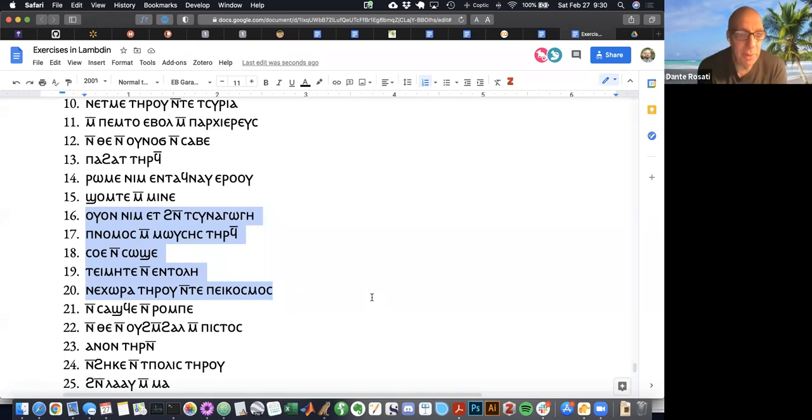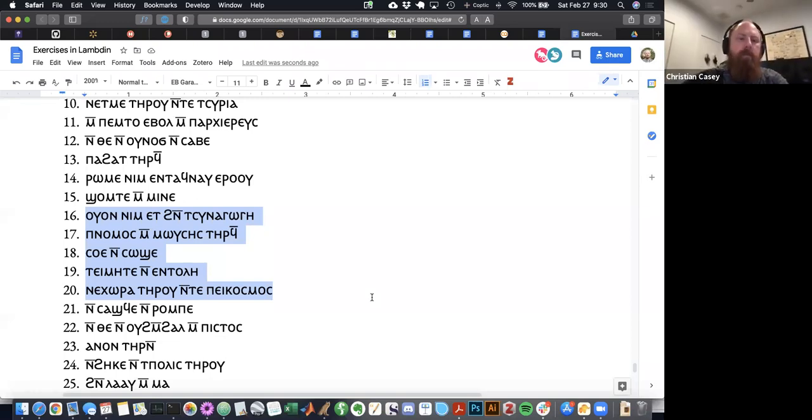So uonimet hen to synagogue. So everyone who is in the synagogue. Panomos em Moses teref, like the whole law of Moses. Yeah, this is a good example of when you want to use der to mean entire, as opposed to every or all, right, because it just depends on circumstance.